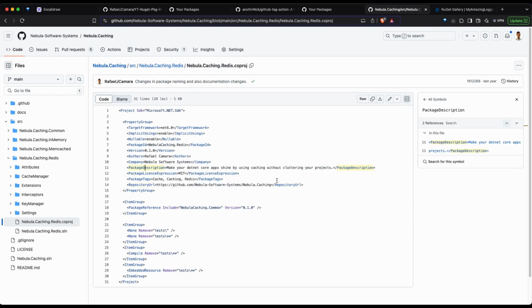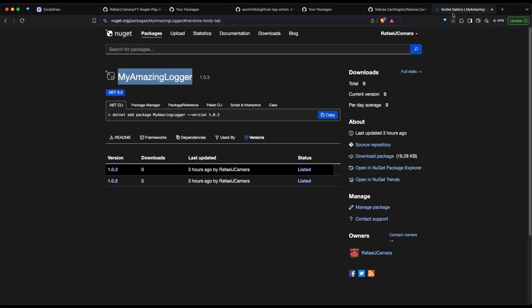Now let's see how this metadata here on the CSproj file can navigate and propagate to NuGet.org. Okay, just keep in mind that perhaps some of this metadata might not actually show up in GitHub's package repository. Okay, let's just come here to my amazing logger first before I show you the other example,